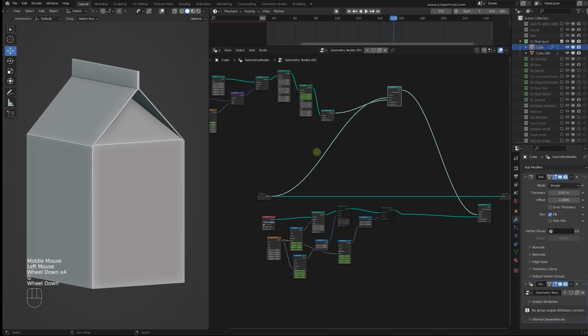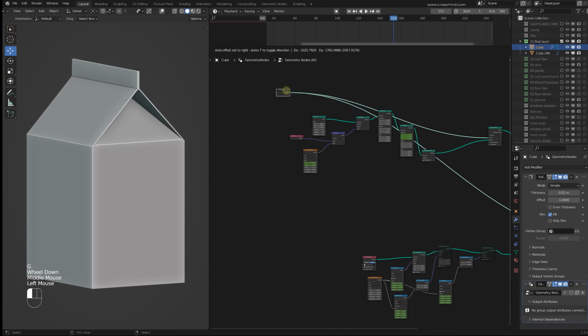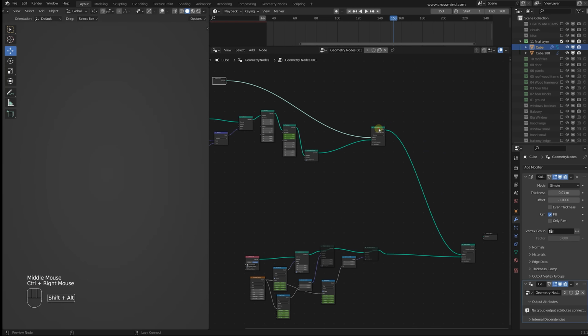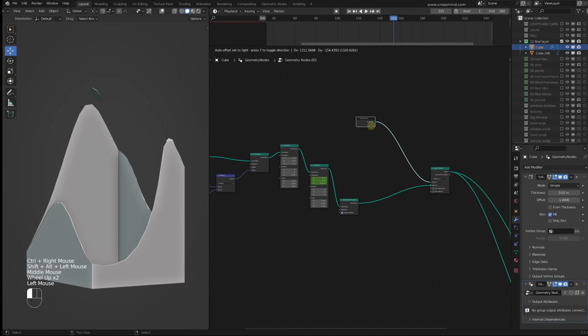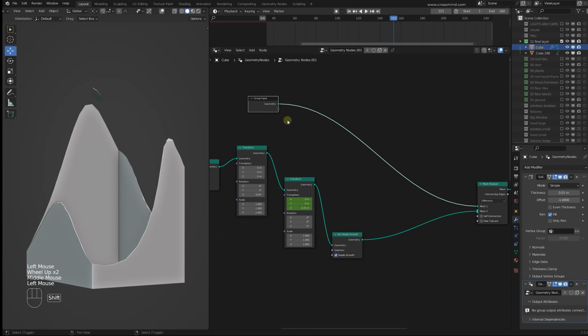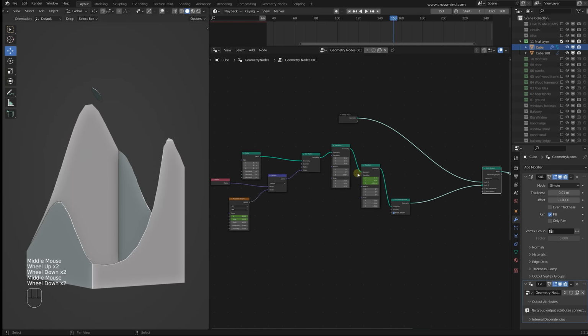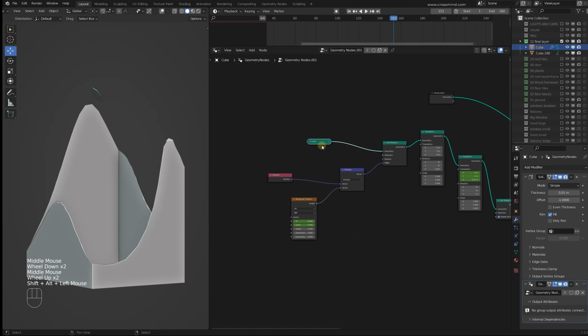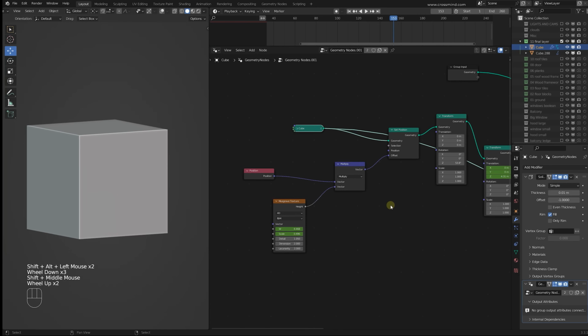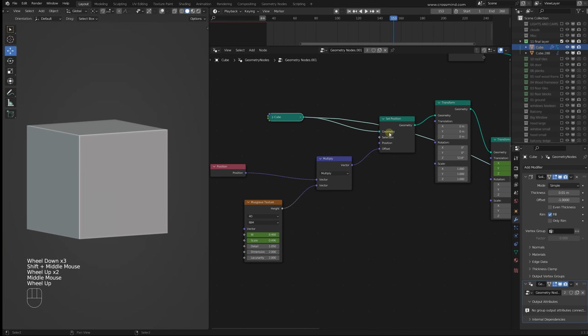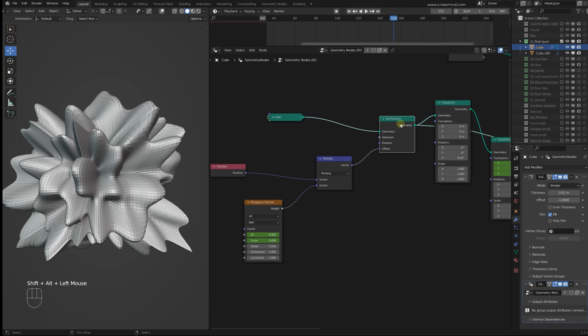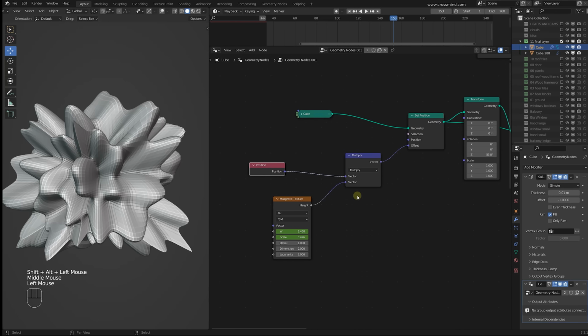Let me arrange this in a way that would be easy for you to understand. In this mesh Boolean node, I have a simple cube, this big, and in this we have a displacement, which is made with the help of the set position node,